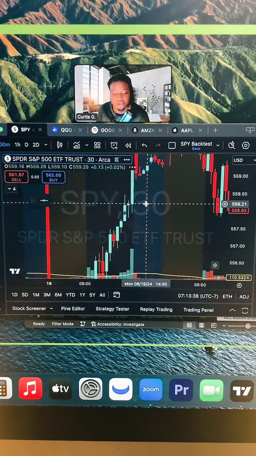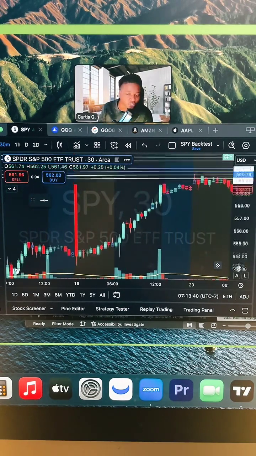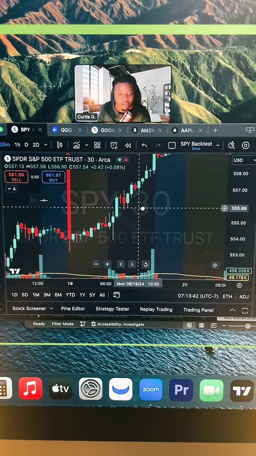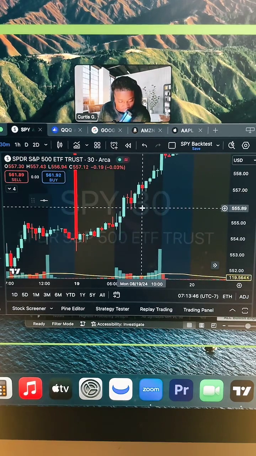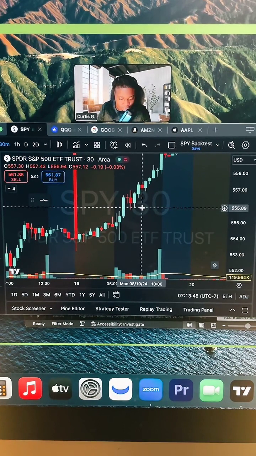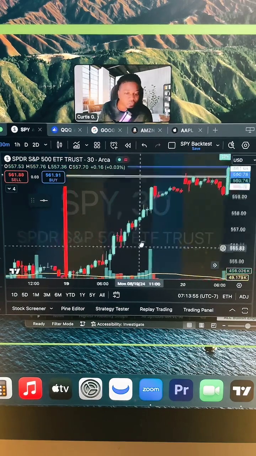Okay, I want to show y'all another example. And if you're just joining right now, we've already done our live trade. It happened very fast. TJ says yes. Donnell Shaw says in time future. Let me make sure I'm not missing any comments. Tony says thank you because I've never seen anyone trade live from Robinhood. I like that. I'm new to this. Yes, whatever I can do to give y'all value.